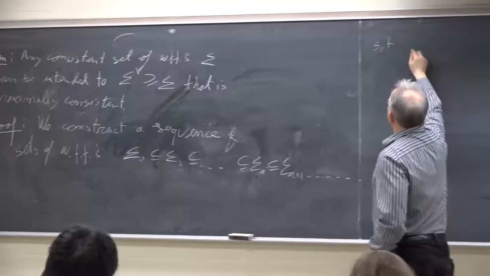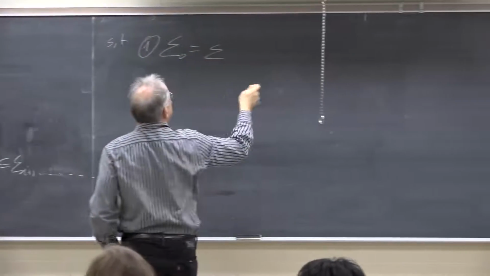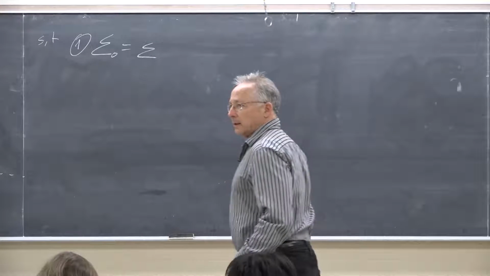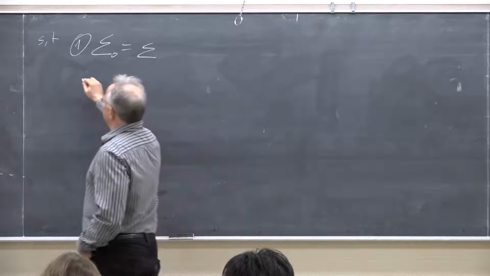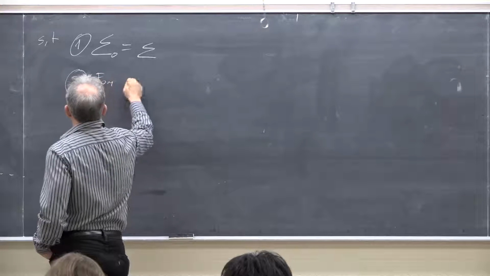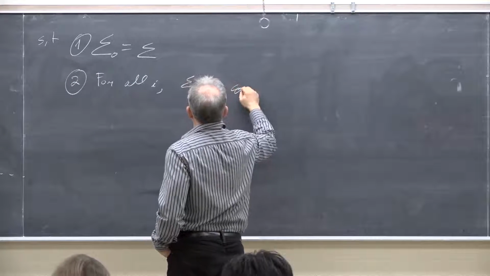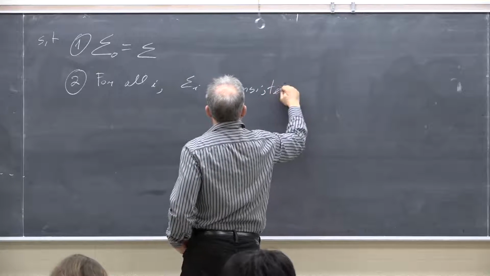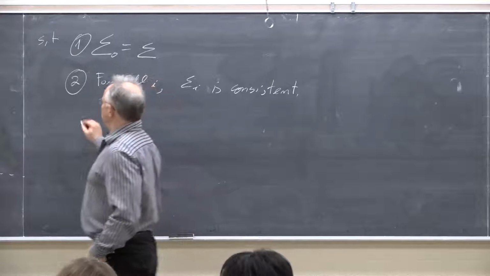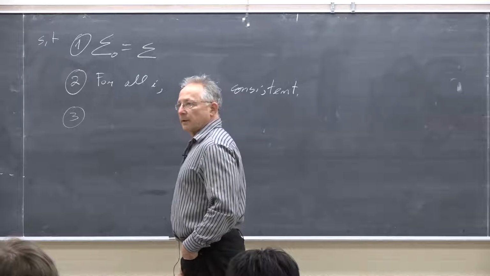So the first requirement is very simple. Our sigma 0 is the sigma that was given to us. And the second requirement is that for all I, sigma I is consistent. And the third requirement is really the crucial one, and it says that for some